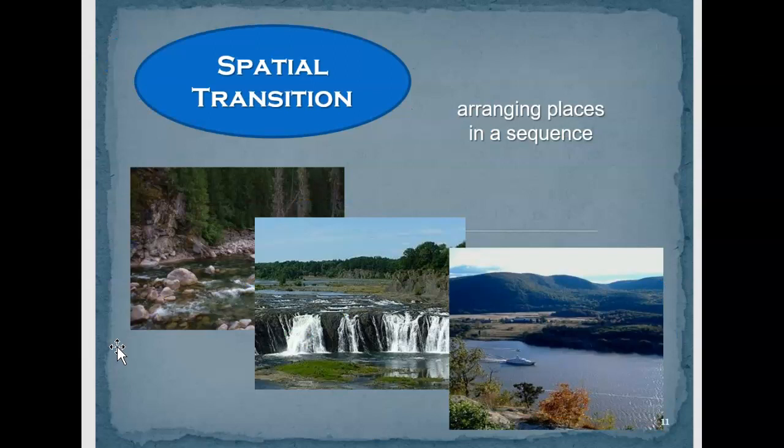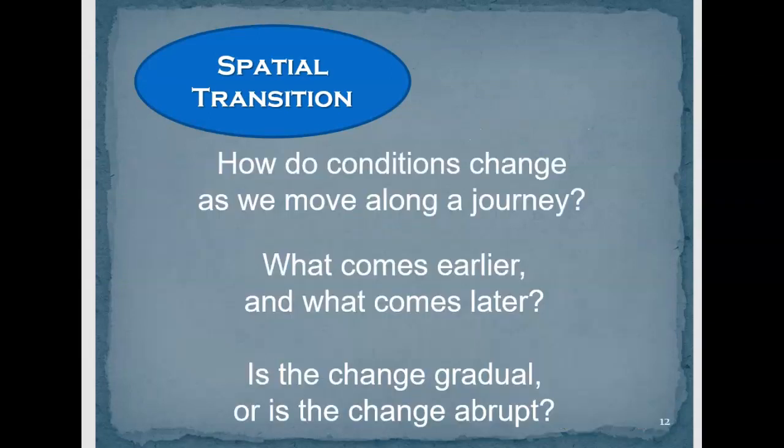Spatial transition. This is when we're arranging places in a sequence. So questions we might consider: how do conditions change as we move along a journey? What comes earlier? What comes later? Is the change gradual or is the change abrupt? So some examples that we can find here